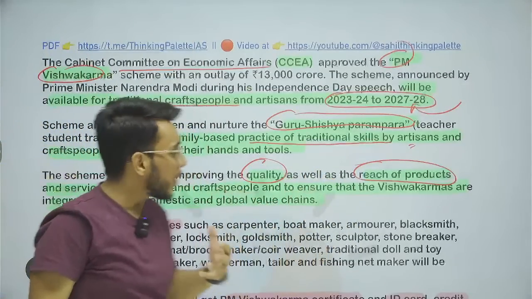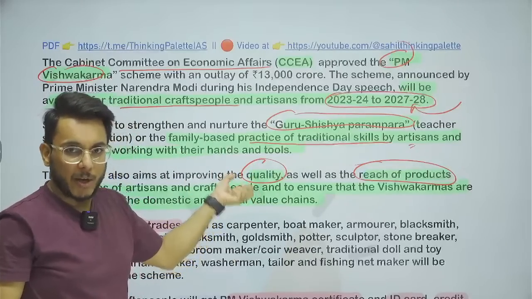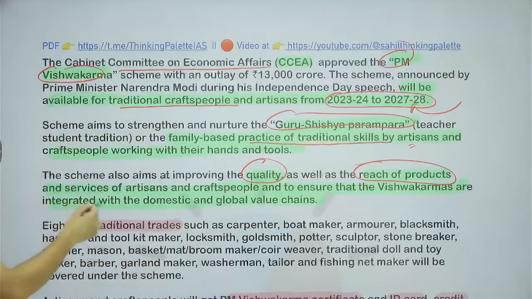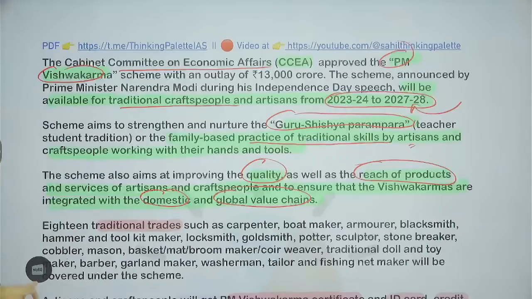So we want to give them better skills. We want to improve the quality of their products by this PM Vishwakarma scheme. Reach of their products will be improved. Fine. As well as they will also be integrated with the domestic and global value chains. Fine. Now, as a part of this scheme,